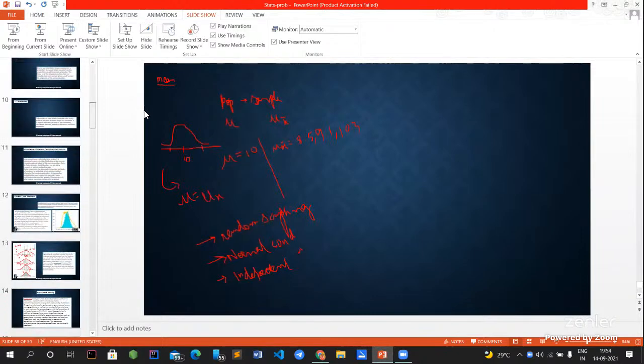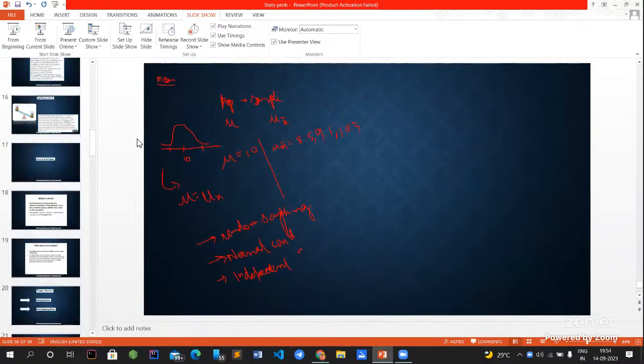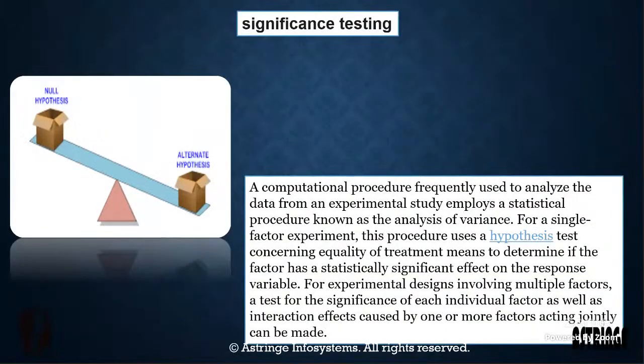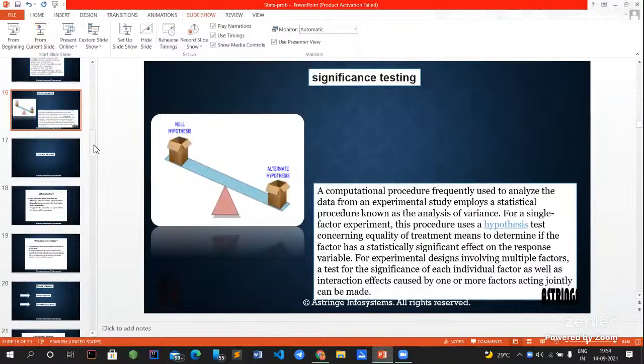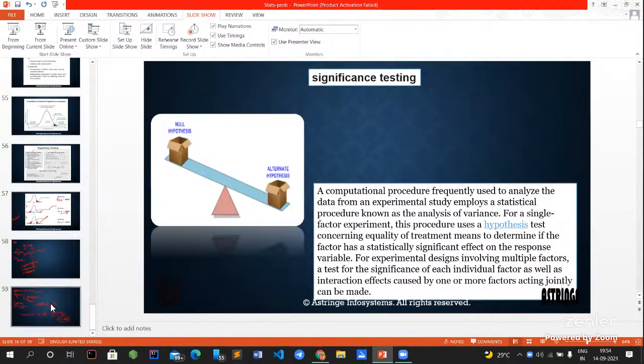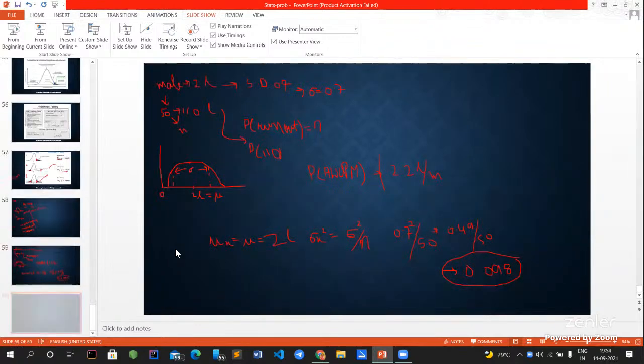Then let's move forward to sampling testing. In sampling testing, one point has been given, and that point defines the static part of it. If I give you one more example of hypothesis testing, in case any of you has not been clear.